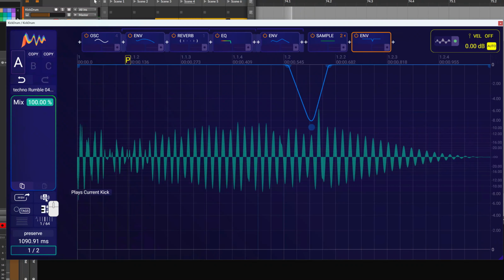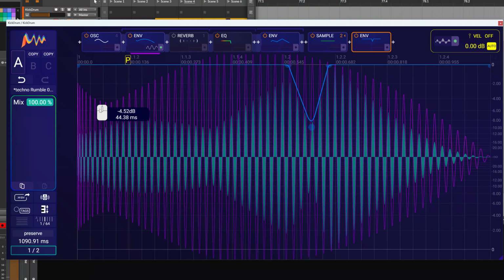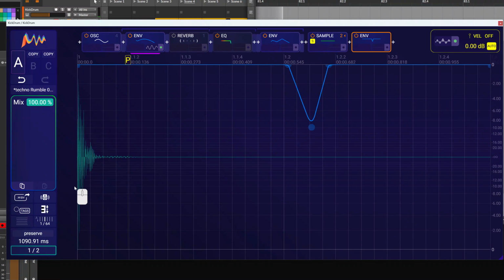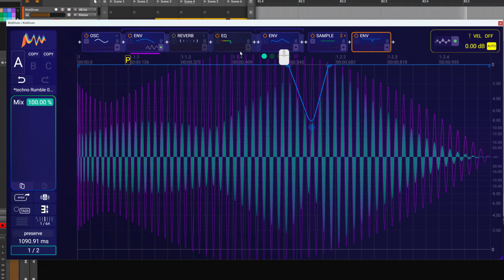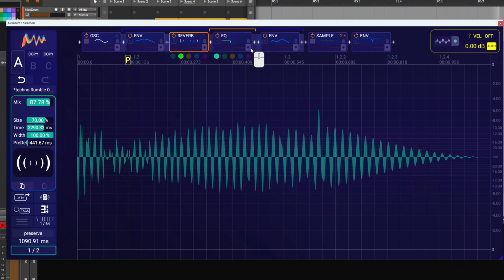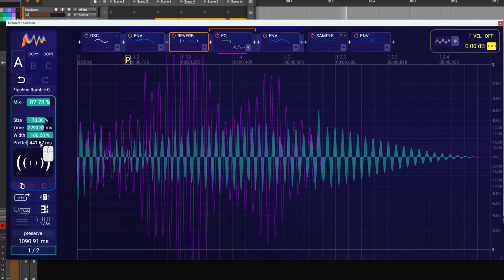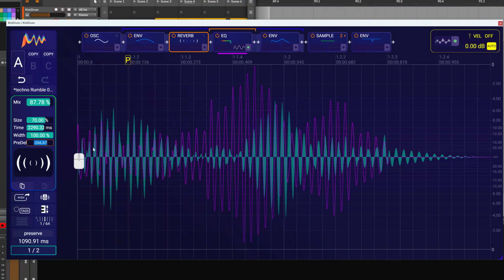So we have this rumble kick. And it's a very simple setup. It's basically just this sine wave together with a click. And then inside the sine wave chain, there's a reverb added. And the reverb is shifted back in time, because